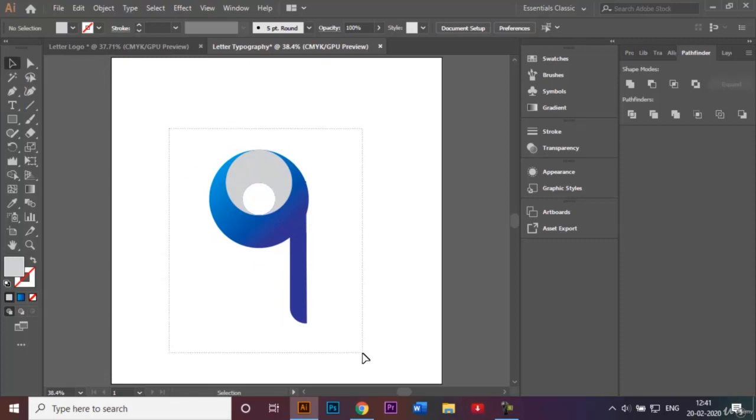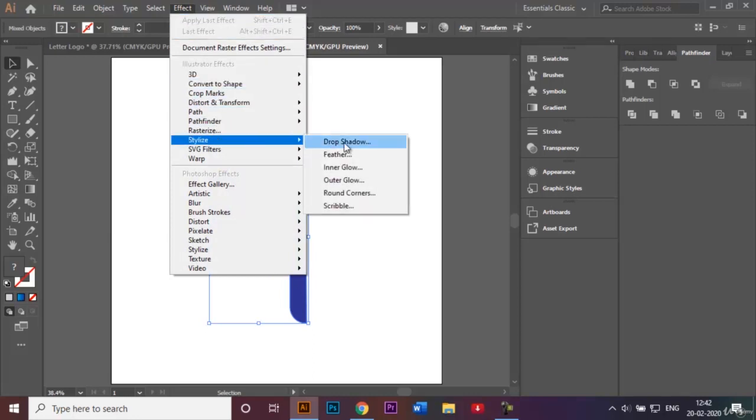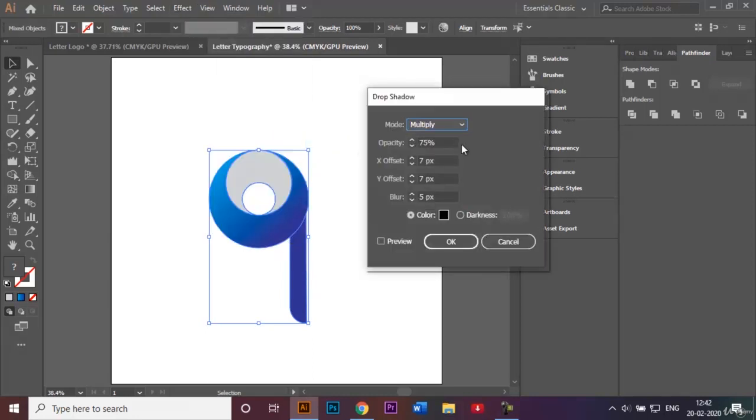So I'll select all of them again, and one extra effect that I'm going to add is a drop shadow. Now the drop shadow is going to be right behind the letter we just created. So I'll select all of them, go to Effect, Stylize, and click on Drop Shadow. And over here, if you just click on the preview option, you'll see that a certain